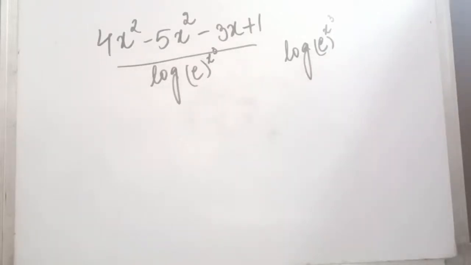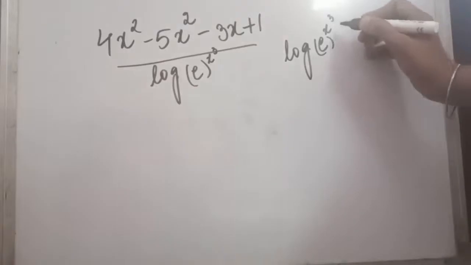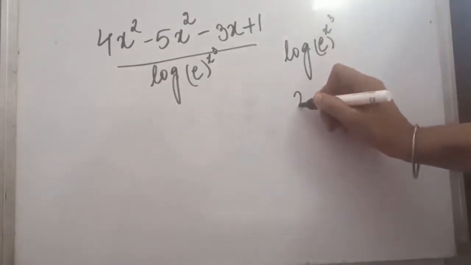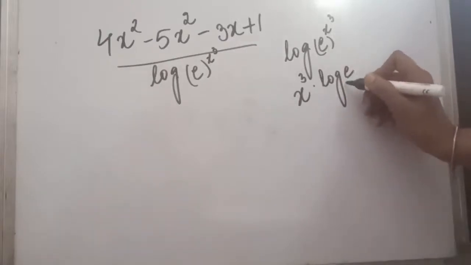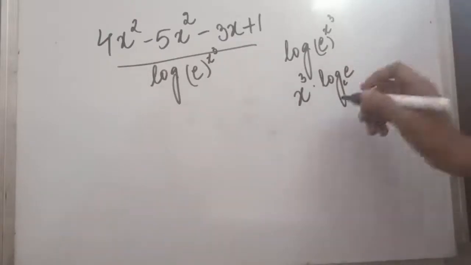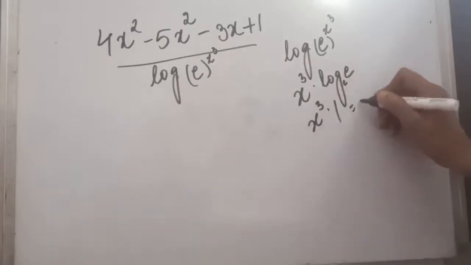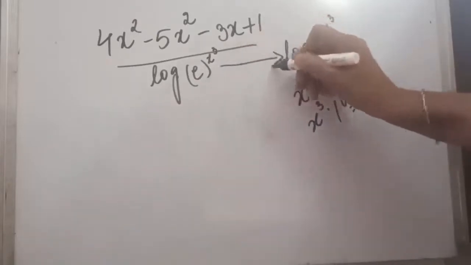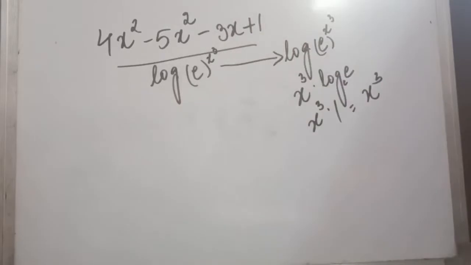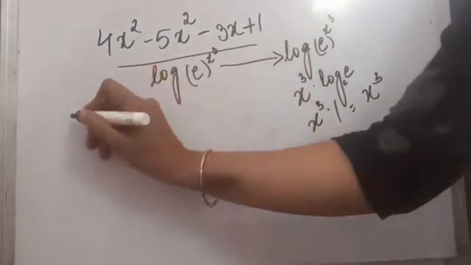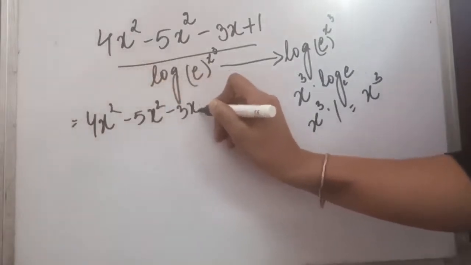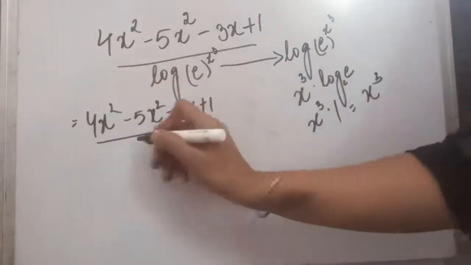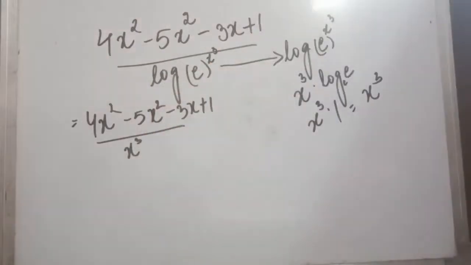So when we solve such questions, when log is being given, when we take the log, this power comes in the front. So x cube has come in the front and log e. The value of log e with base e, we assume that the base is e, it is 1. So ultimately this portion has been solved and the value is x cube. So now what we will do is, we will simply put the value that we have found in this function divided by x cube.